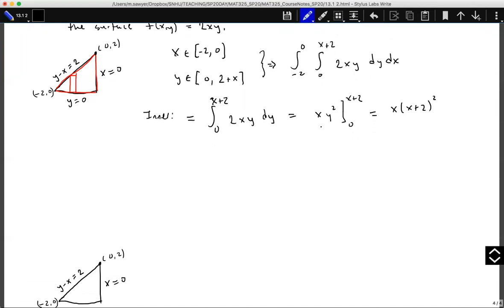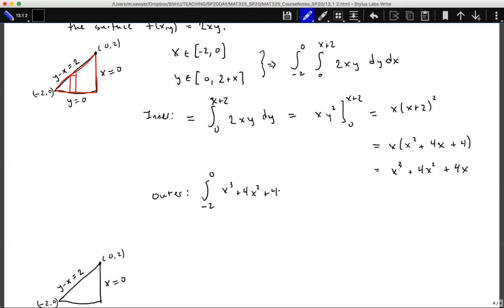You can leave it as this, or you can distribute this out. So you get x times x squared plus 4x plus 4, which gives us x cubed plus 4x squared plus 4x. With small polynomials like this, it's often easy to distribute this out because this makes the outer integral easy to evaluate. So -2 to 0 of x cubed plus 4x squared plus 4x